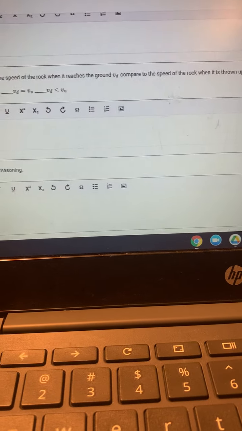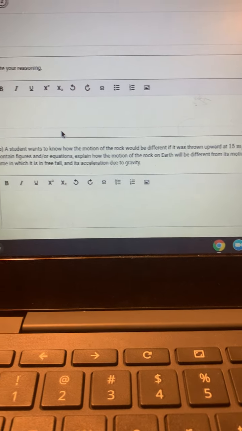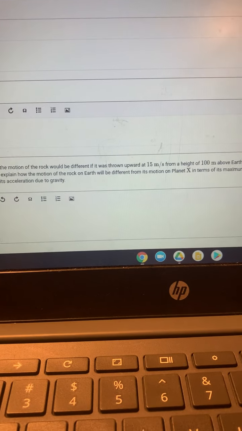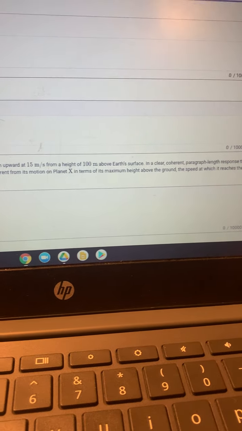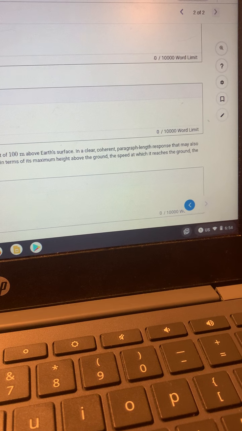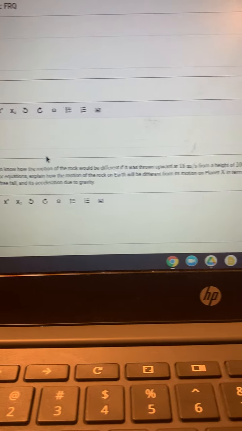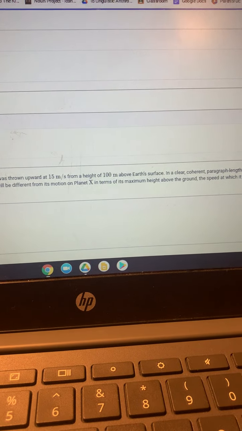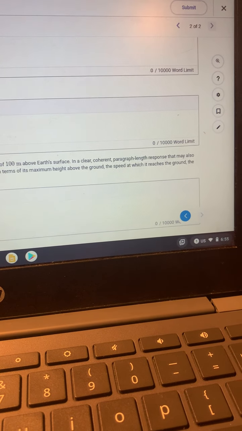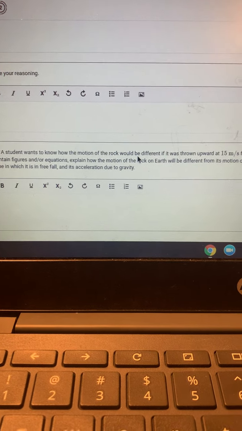So we're going to move on to the final question in the FRQ, and that is, a student wants to know how the motion of the rock would be different if it was thrown upwards at 15 meters per second from a height of 100 meters above Earth's surface. In a clear, coherent, paragraph-length response that may also contain figures and or equations, explain how the motion of the rock on Earth will be different from its motion on planet X in terms of maximum height above the ground, the speed at which it reaches the ground, and the time in which it is in free fall, and its